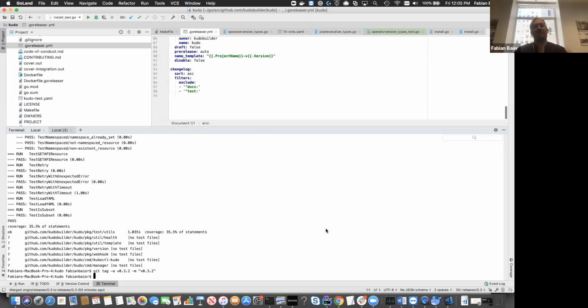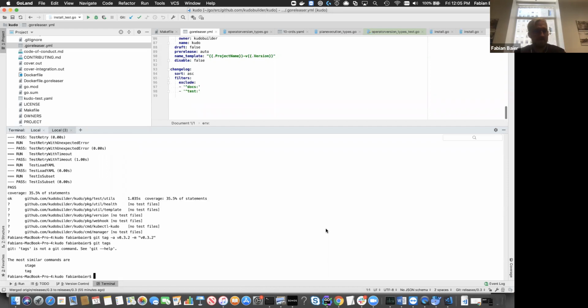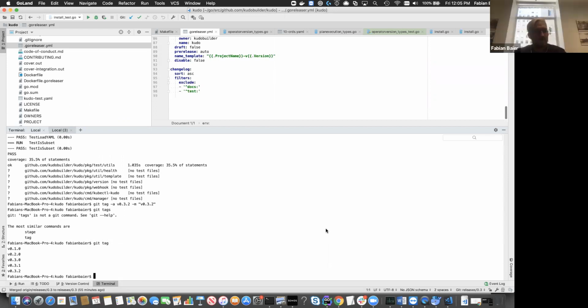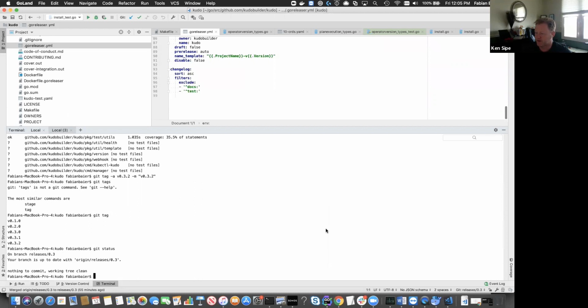Just to see that I have it locally here, the command is git tags, probably. Or what's the command here? Oh yeah, it's tag. So there we see all the tags, okay. And you can actually do a git log or maybe a git status? Maybe git status, and it would tell you that,